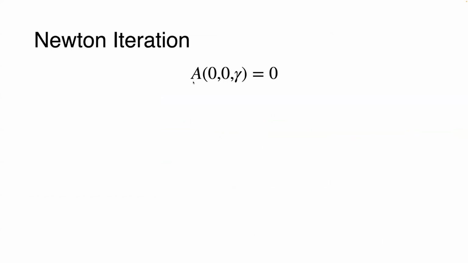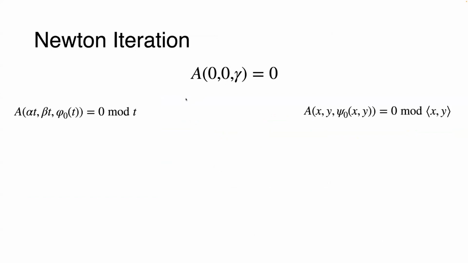So we start with this equation that looks like A of 0, 0, gamma equal to 0, and we reinterpret this in two ways. On one hand, this can be thought of as saying that A of alpha t, beta t, phi naught of t equals 0 mod t, where phi naught is equal to gamma. Or it could also be thought of as A of x, y, psi naught of x, y is equal to 0 mod the ideal (x, y), where once again psi naught of x, y is just the constant gamma. And given our initial non-degeneracy conditions, the Newton iteration or the Hensel lifting setup allows us